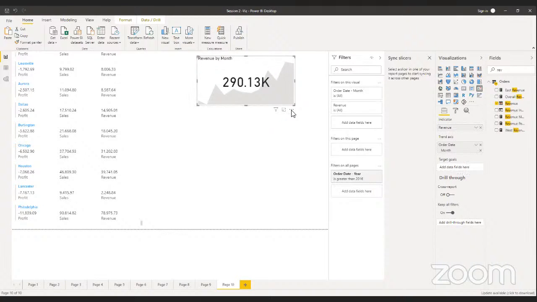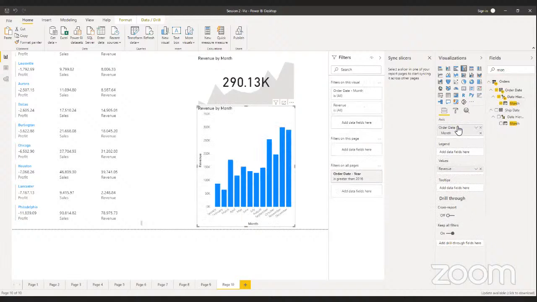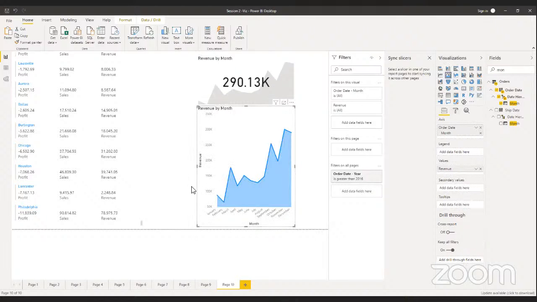So now, what does 290.15 indicate? Does it indicate the maximum value that there is, the overall value? Let's create a simple bar chart below it and see what that 290 is. Let's put revenue, month, and convert it to an area chart. So the charts below and above are almost the same. So what's the difference between this and this chart? Let's go here